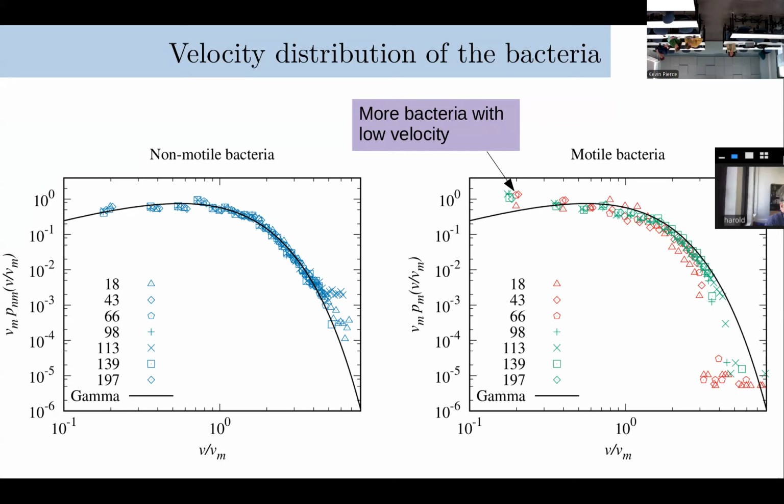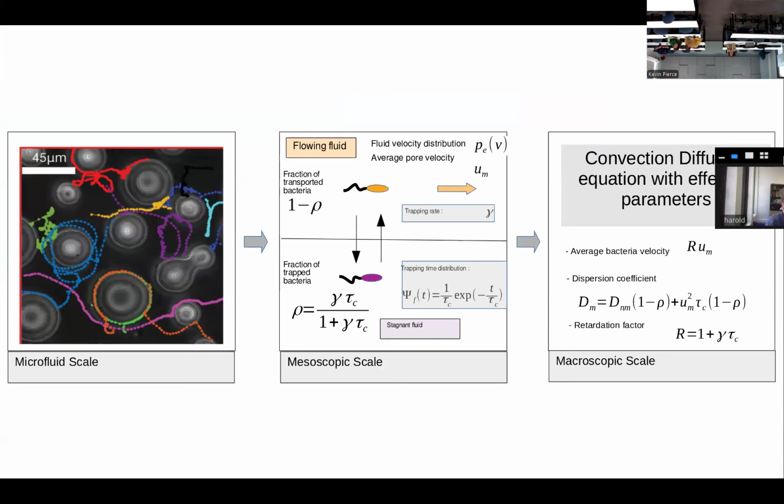Now you see with motile bacteria, you have two changes. You have more bacteria moving with a low velocity and fewer bacteria with a high velocity. Okay? So on the next slide, you see we try to model this exchange between high flow velocity and low flow domains by